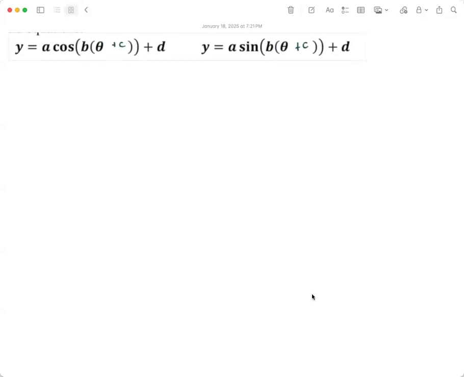You all remember the general format. I'm going to go over transformations of sinusoidal functions, starting with sine and cos. I've already covered sine and cos, but I'm just going to review what we learned. So 3 cos(x + pi/2), 3 cos(x + pi/2)